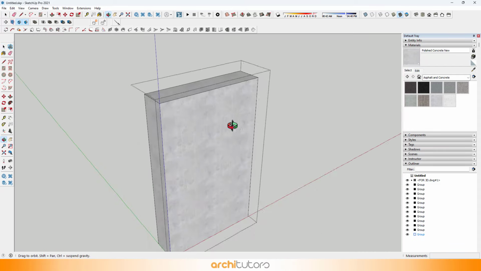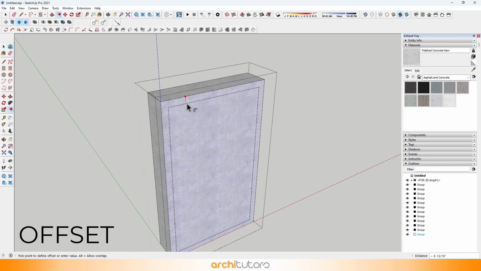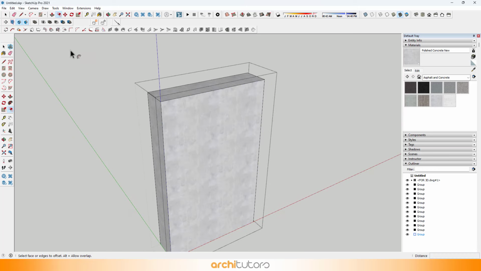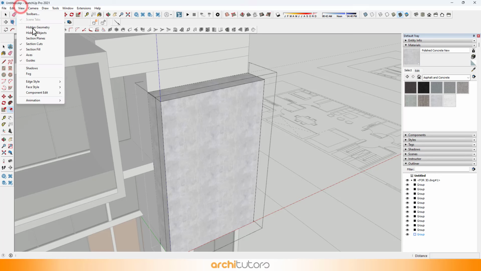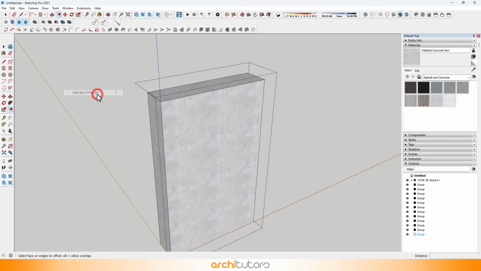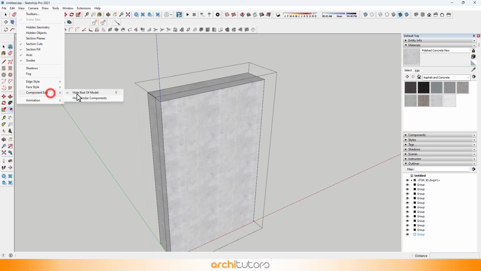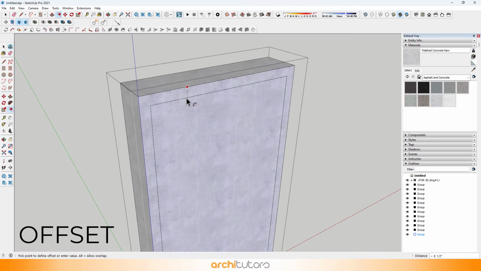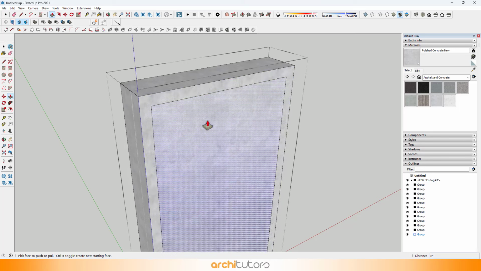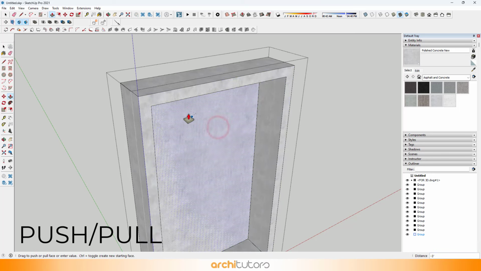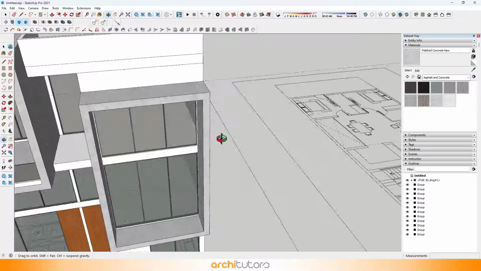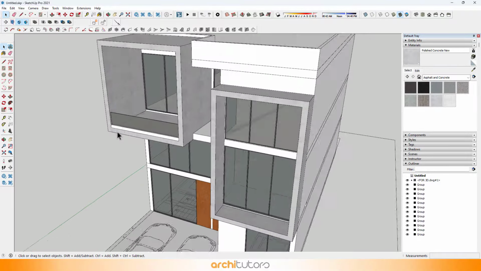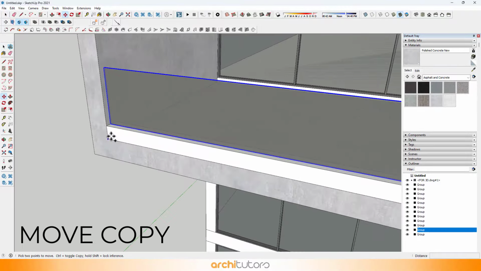You can isolate a group or a component by using the Component Hide option in the View tab or assign a shortcut for it in SketchUp. I'll copy the glass railing.